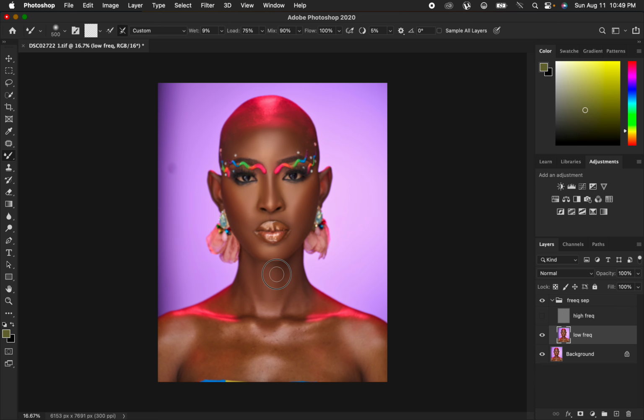So you can see strokes are moving in an up-down kind of direction because the neck is also moving in the same direction. So you always have to take that into consideration. So come and mix on these collarbones and also on the hands just like that. Come and mix,